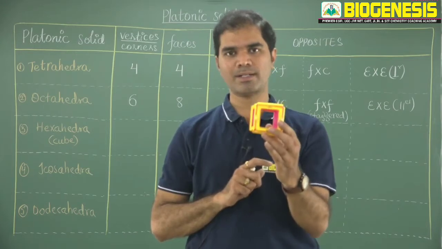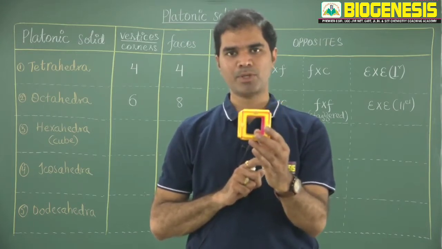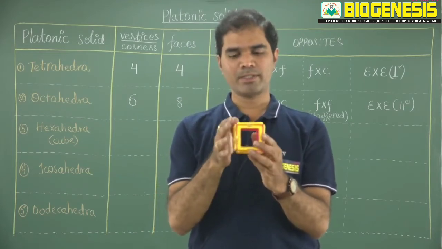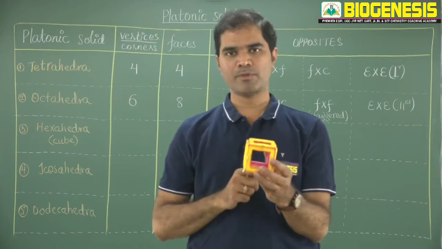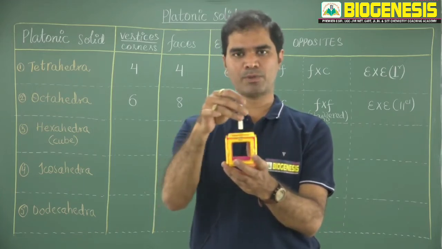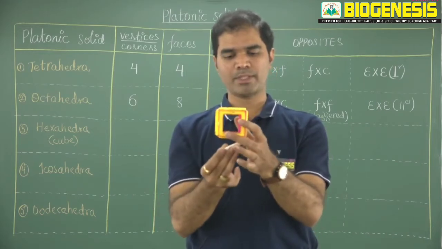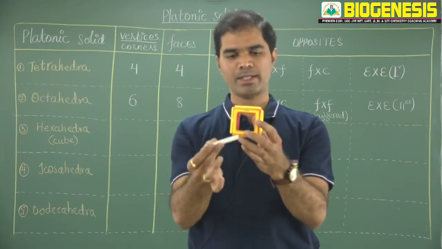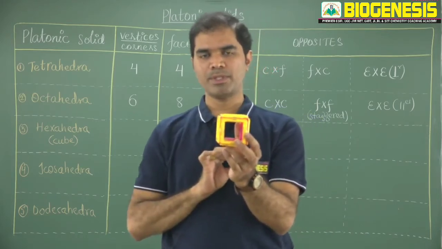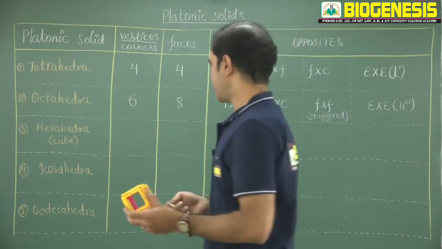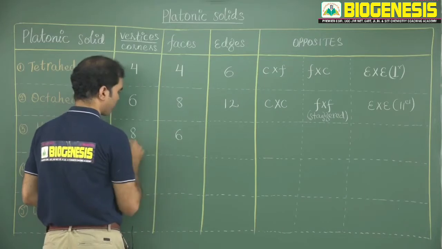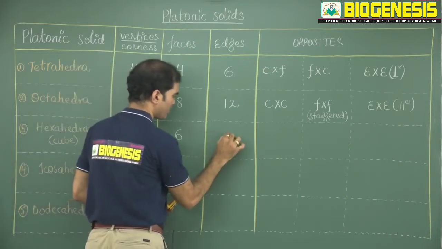So this is not a deltahedra. It is simply a polyhedra which is not a deltahedra. There are 6 square faces, 8 vertices. Now we can get the number of edges, that has to be 12. We can count. This is 1 edge, 2, 3, 4, 5, 6, 7, 8, 9, 10 towards you, 11 and 12 away from you. Altogether there are 12 edges. 8 plus 6 minus 2 is 12.